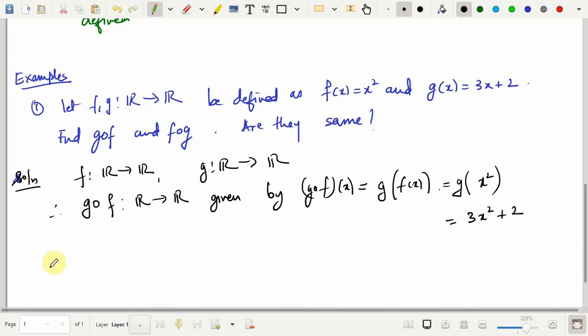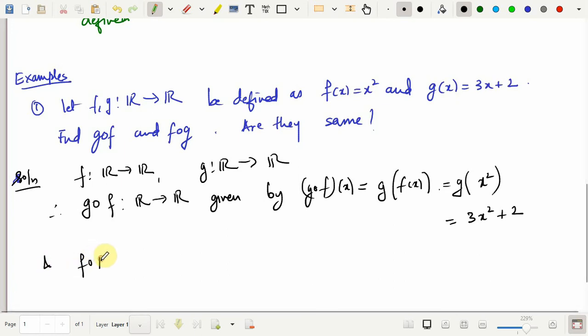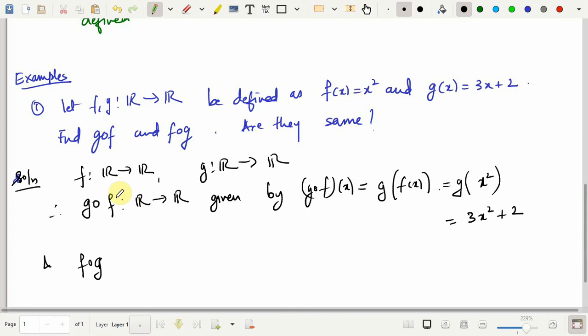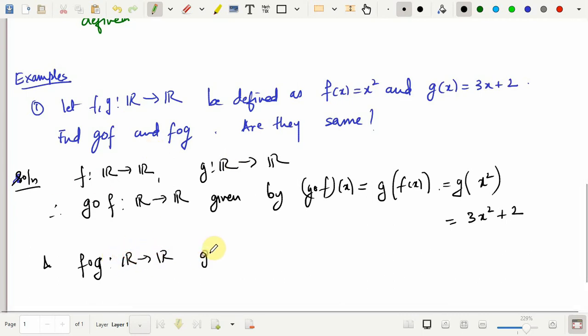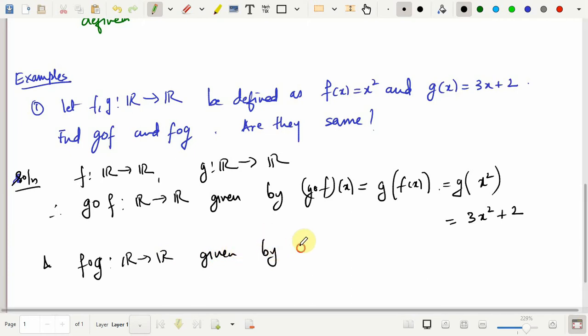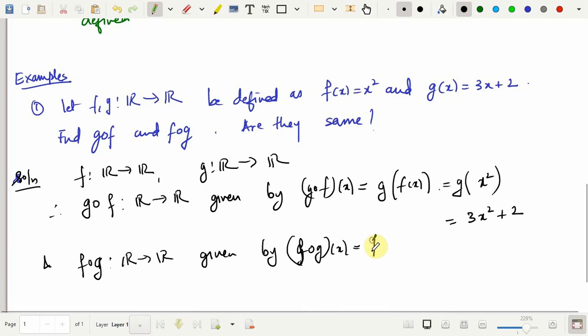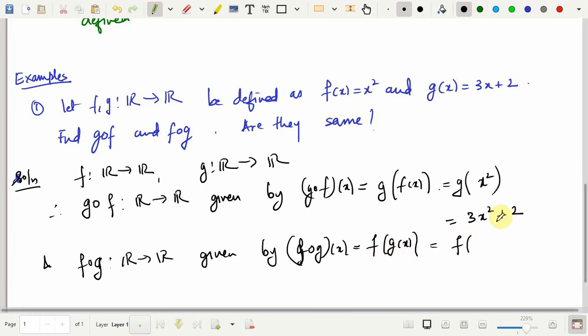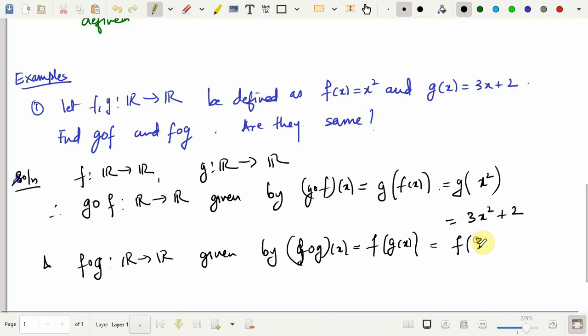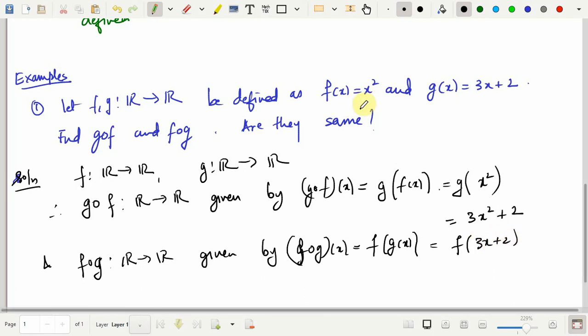Now f composite g would be a function from, okay, we will have g first, g from R to R and f from R to R. So it's going to be a function from R to R. So that's again defined, given by f composite g evaluated at x is nothing but f of g of x. You know how this g of x is defined, 3x plus 2, and f is defined as f of x